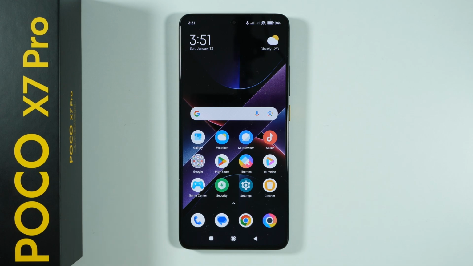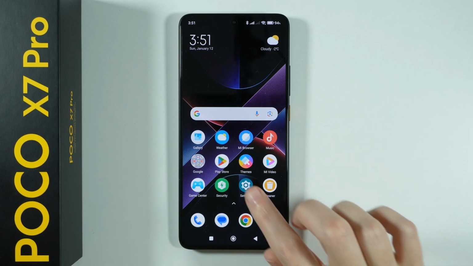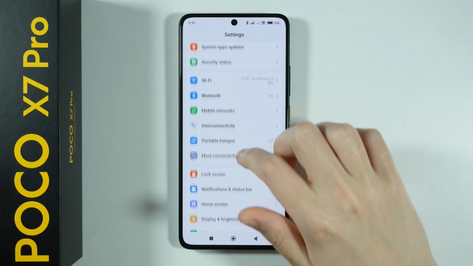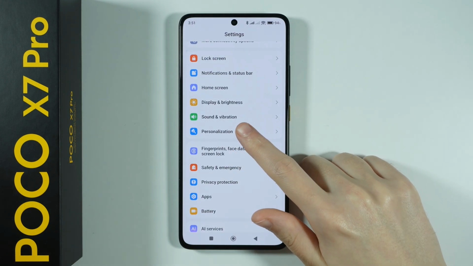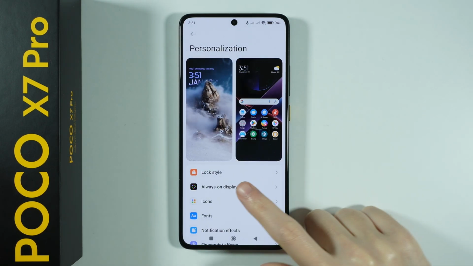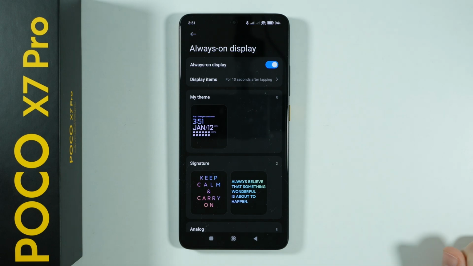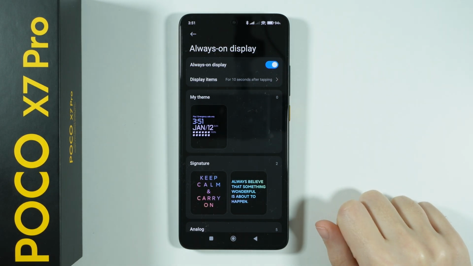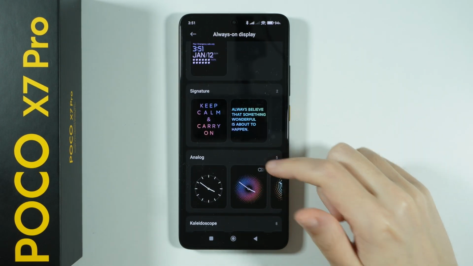If you want to customize always on display on POCO X7 Pro, we need to go to the settings. Then in the settings, scroll down and find personalization and then choose it. And then over here you will find always on display. Here you can enable and disable it, of course, but if you want to customize it and use a different